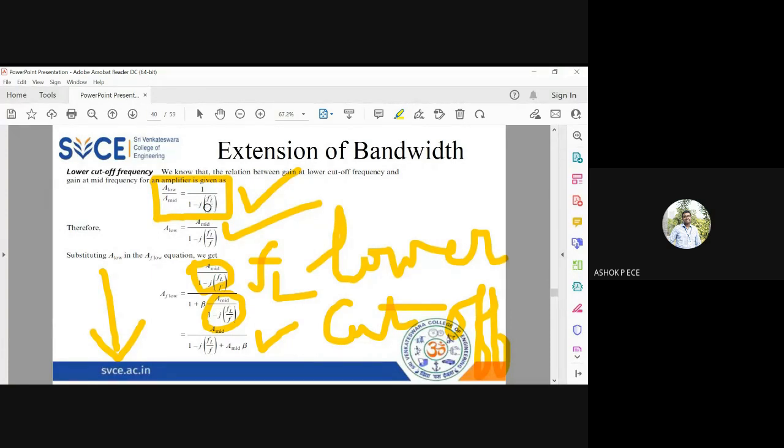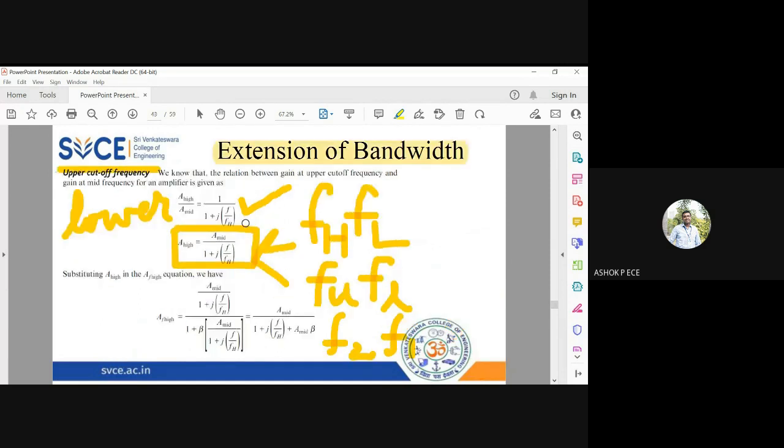Lower cutoff and upper cutoff frequency are on opposite sides, so if you use a minus sign there, you use a plus sign here. If you use FL by F there, here you use F by FH. Logically, you can remember all these expressions without rote learning. Remember: lower cutoff is 1 by 1 minus j FL by F, and high frequency will be 1 by 1 plus j